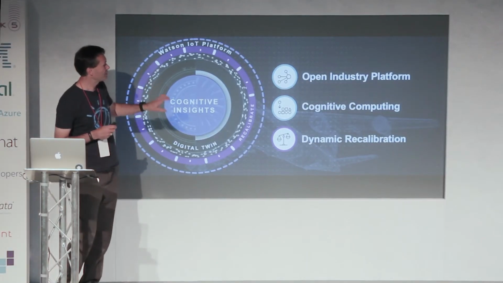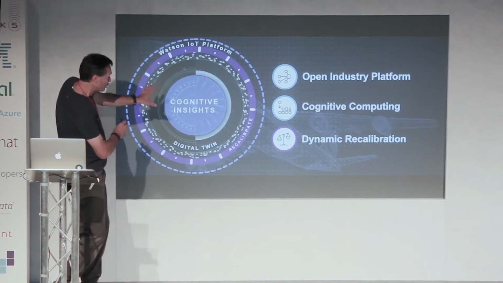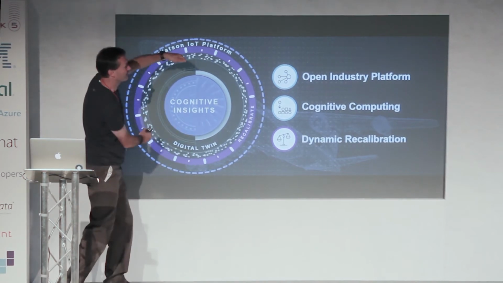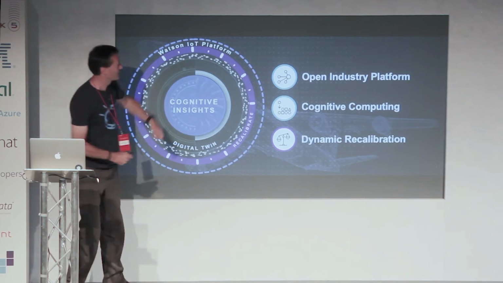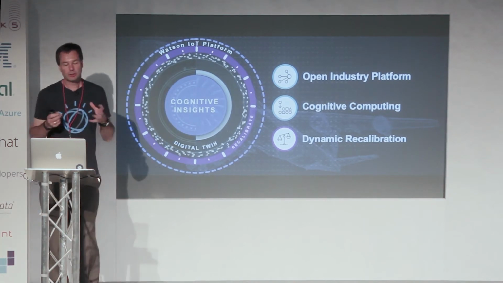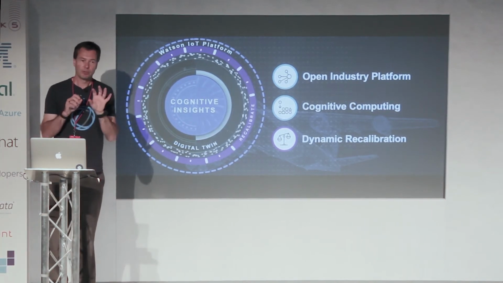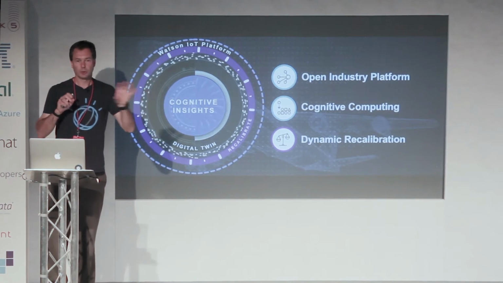And then there's dynamic recalibration. You twist the little knob. I wanted to be able to turn it up to 11. That'd be quite cool, wouldn't it? Up to 11. That's the constant iterative process of matching what you're seeing in the real world with what the